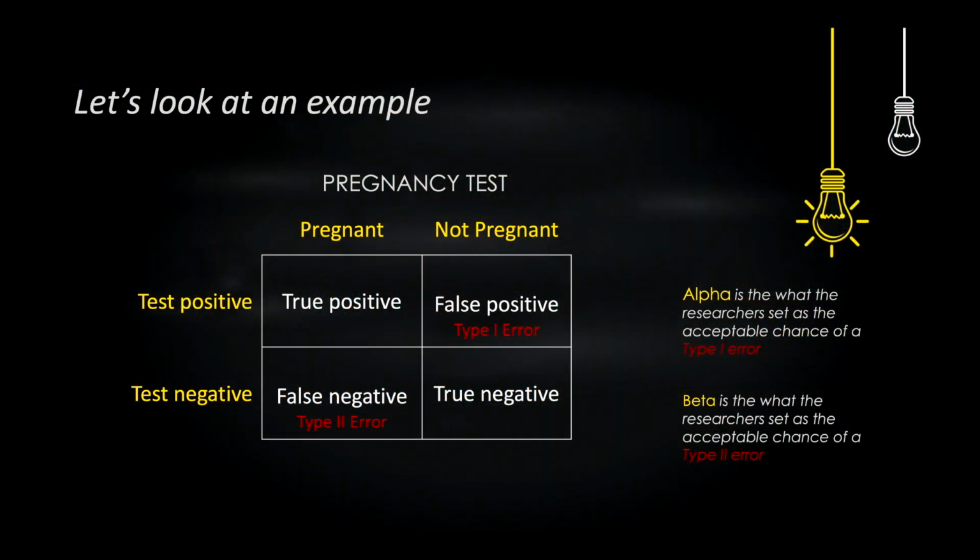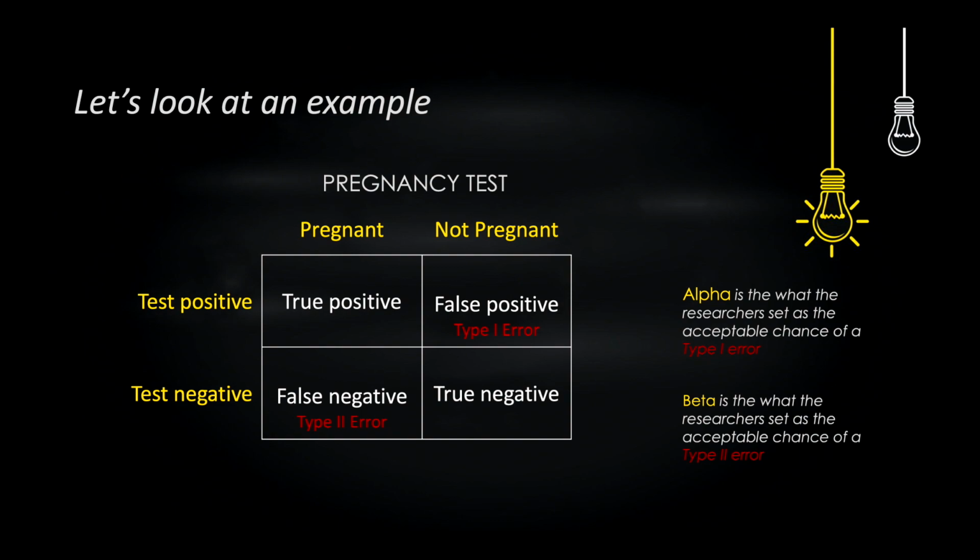Let's take a look at another example. Down in the lower left-hand corner, this is a woman who is pregnant, but the test says that she is not. We call this a false negative or a type 2 error. The same thing, beta is what the researchers set as the acceptable chance of a type 2 error or a